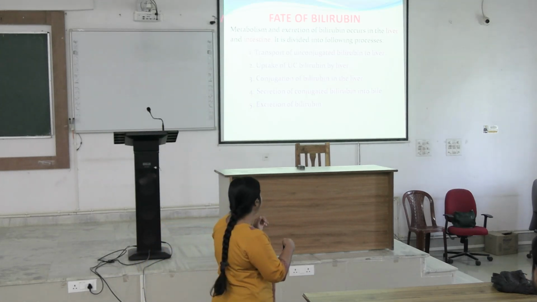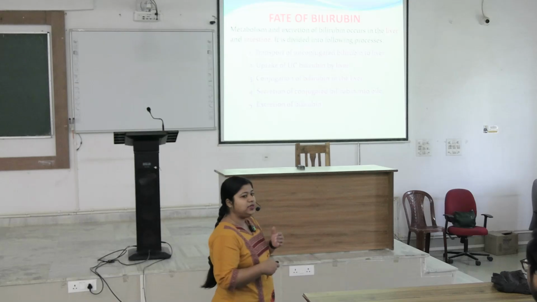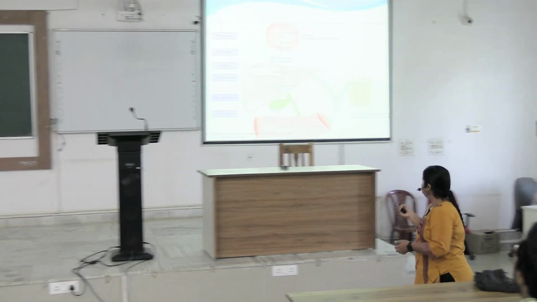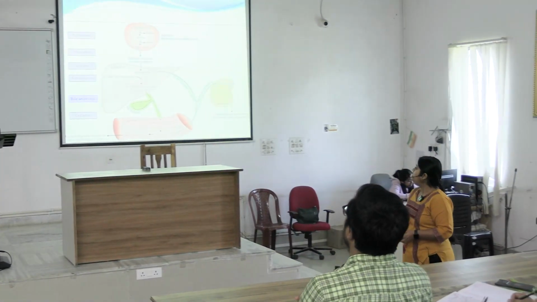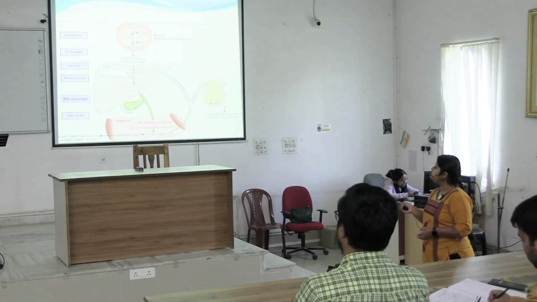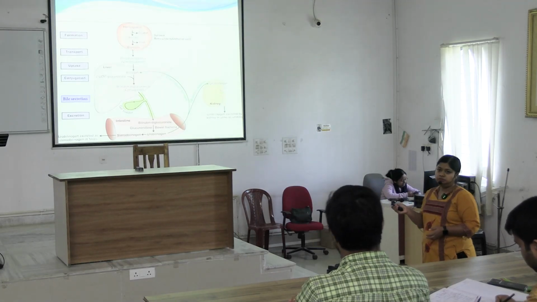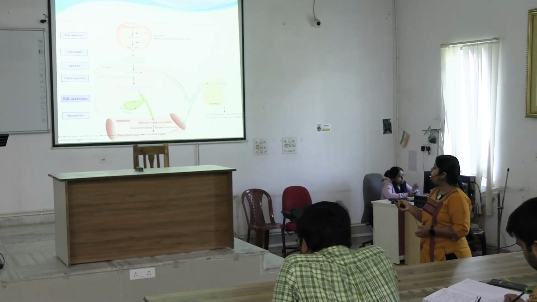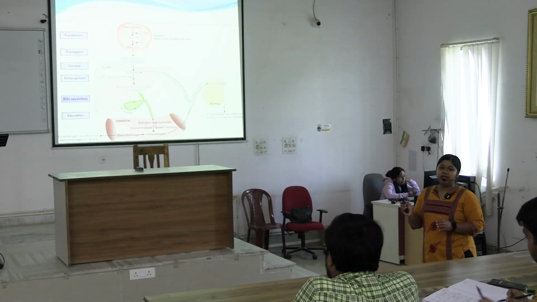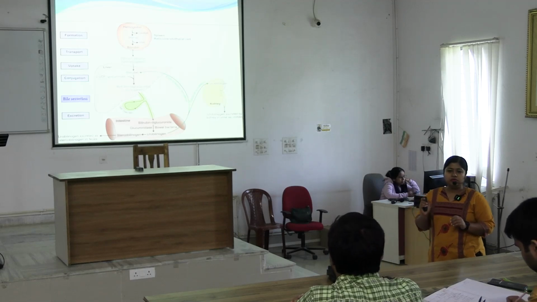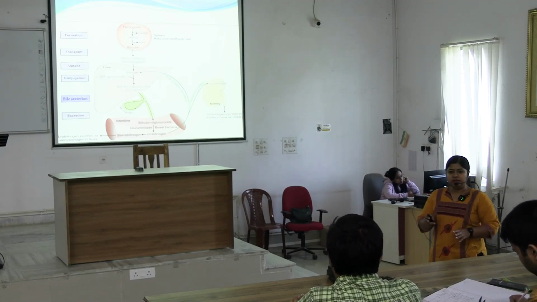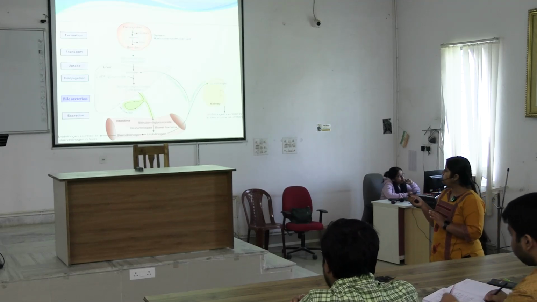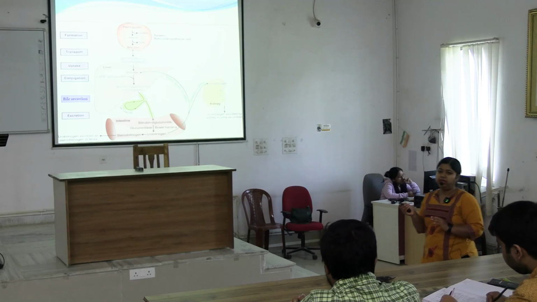Okay, so all these steps come under the metabolism of bilirubin. So look at this picture. Formation occurs in the spleen or reticuloendothelial cells, where hemoglobin is converted into bilirubin. This bilirubin produced in reticuloendothelial cells is water insoluble, so we have to carry it to the liver via blood. How will that be possible? This unconjugated bilirubin will bind with albumin.